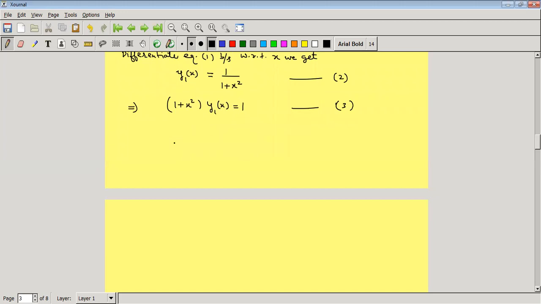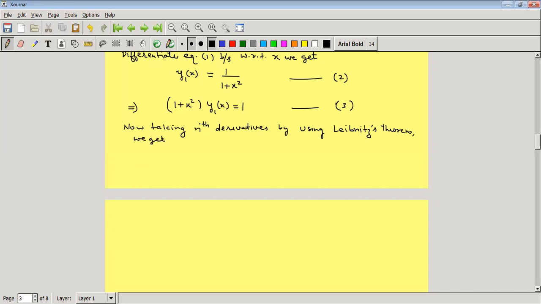If we had to find the second derivative, then it's okay, but because we have to find the nth derivative, we can take the nth derivative of equation number 3. So, taking the nth derivative by using Leibnitz's theorem, we get,